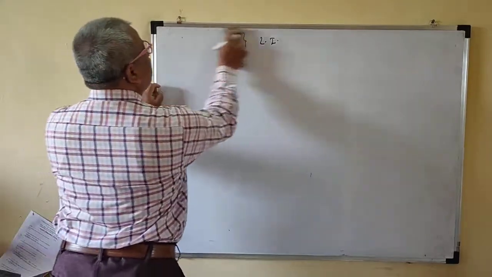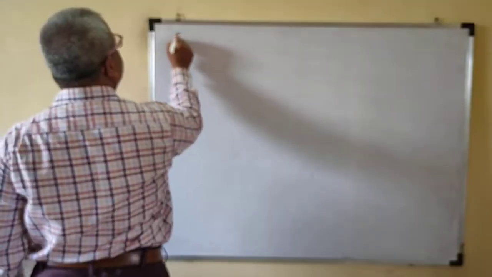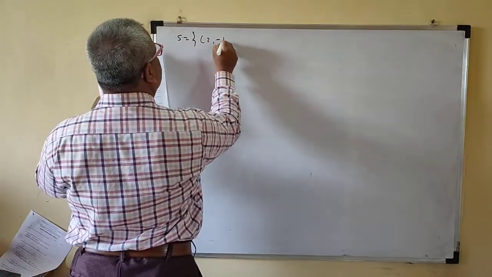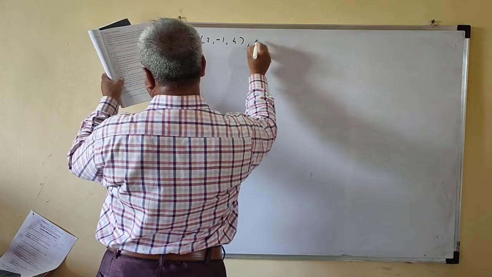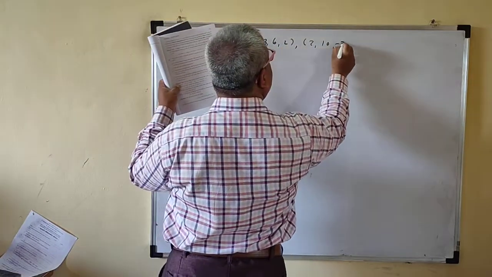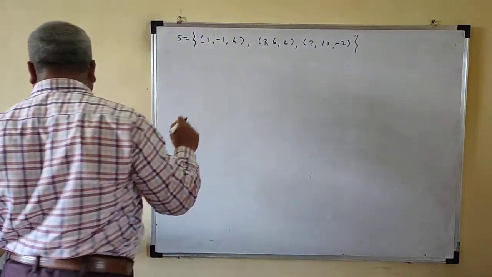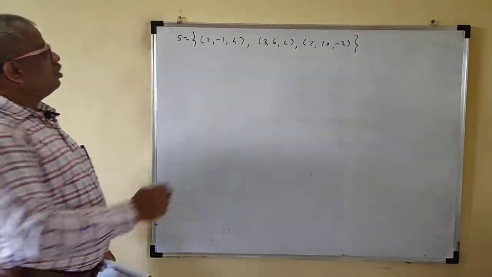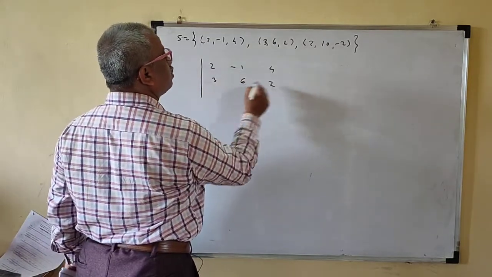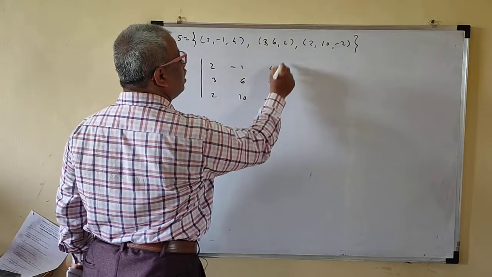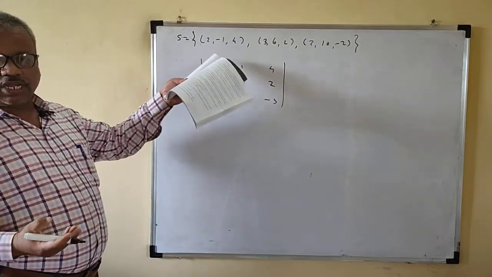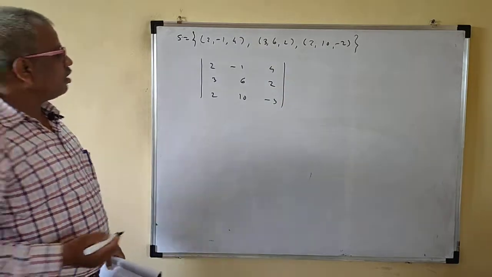Okay. So the shortcut method. Suppose we have to check this set. Is it linearly independent or dependent? These are vectors from R3. So what you have to do? You have to take this determinant. Because these are vectors from R3, there are 3 vectors and 3 components, so you can easily find the determinant of this one.